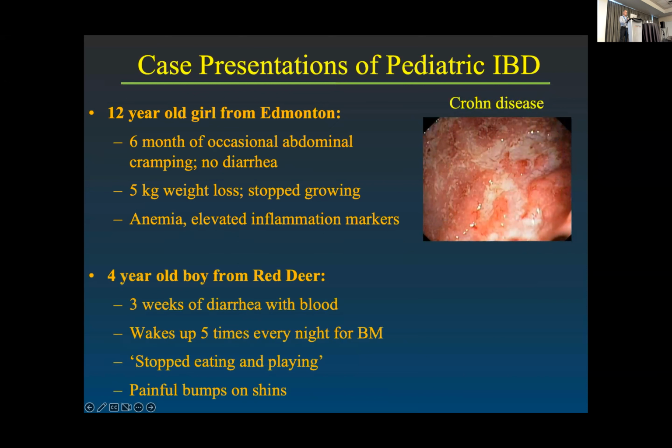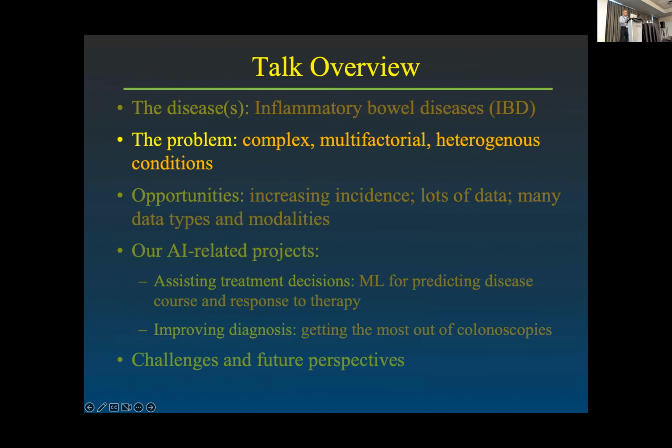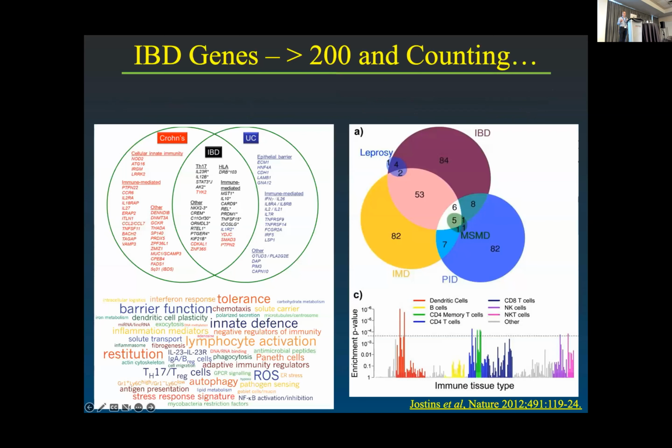This is her small bowel. And the second case is a younger child with a much more brief history where the large bowel is involved, and he was eventually diagnosed with ulcerative colitis. And this is just to give you a very quick idea of what it is that I do as a clinician. So when we deal with a condition like inflammatory bowel diseases, I think it's really important to recognize the complexity, the multifactorial nature of this condition, and the heterogeneous features that really become a big challenge for us. And when we look at the potential causes, about 20 years ago, some of the first papers came out identifying genes that are involved in IBD.